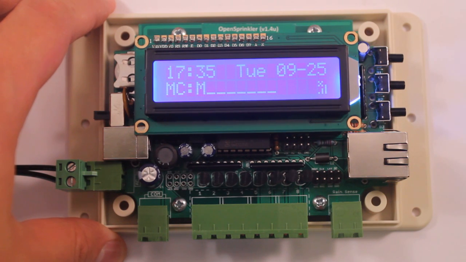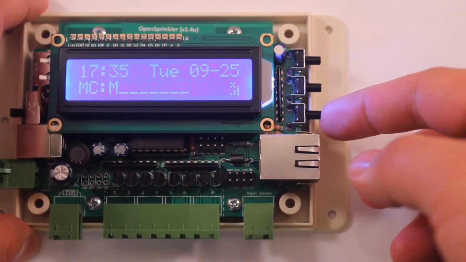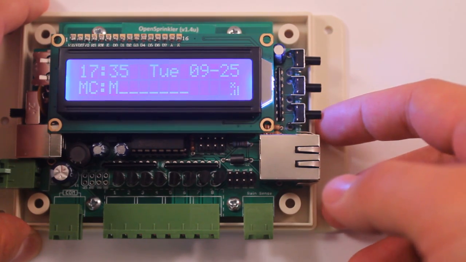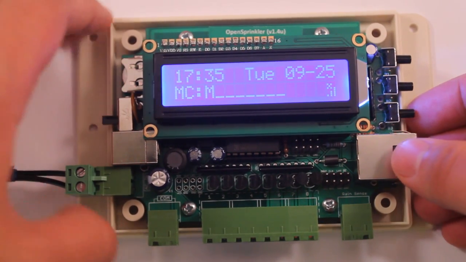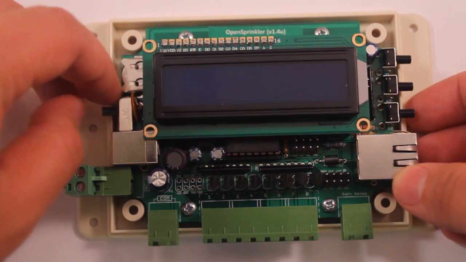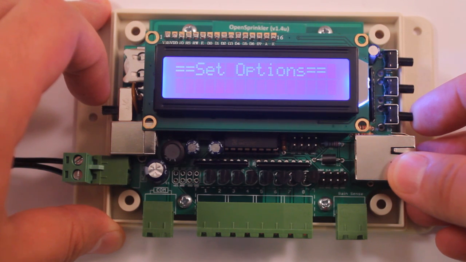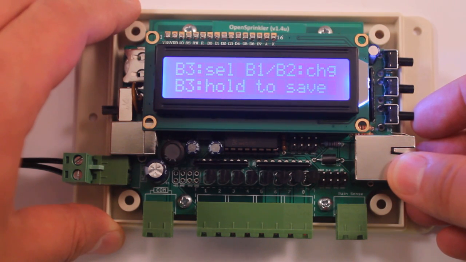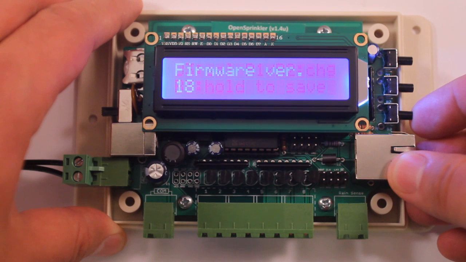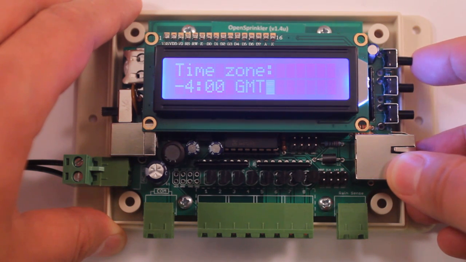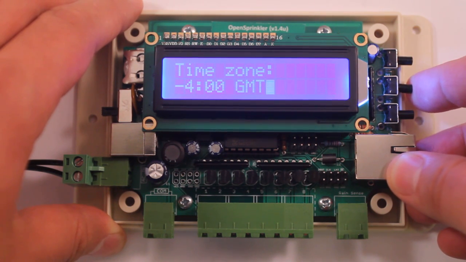OpenSprinkler has a number of options that you can set directly on the controller by using the three push buttons. I will refer to these buttons as B1, B2, and B3. To set the options, you should turn off the controller first. Then hold B3 while starting the controller until you see the Setup Options screen. Next, click B3 to cycle through all available options. If an option can be modified, the cursor will blink and you can click B1 or B2 to modify the